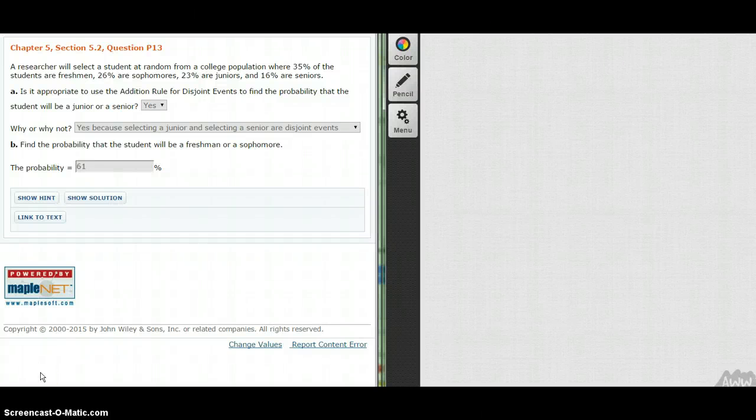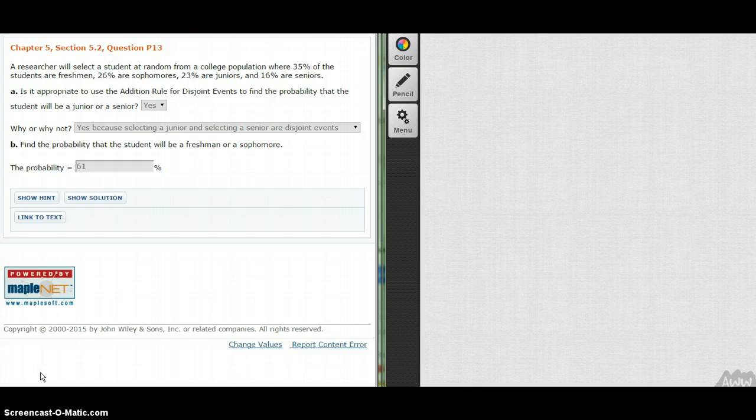Section 5.2, question P13, and we're just looking at the addition rule for disjoint events here in a basic example. So we have a college population, and then we have four groups there: the freshman, sophomore, junior, and seniors. Is it appropriate to use the addition rule for disjoint events to find the probability that the student will be a junior or senior? Yes, it is, because a student cannot be at the same time a junior and a